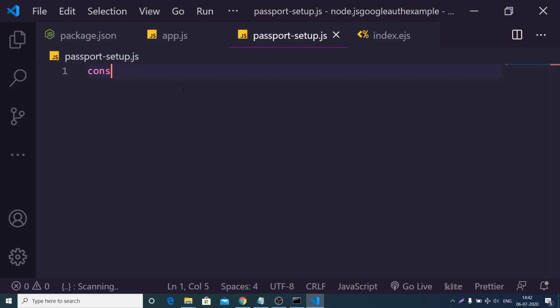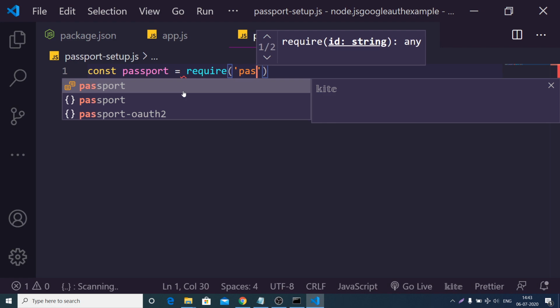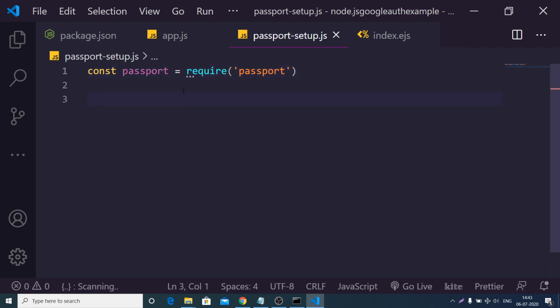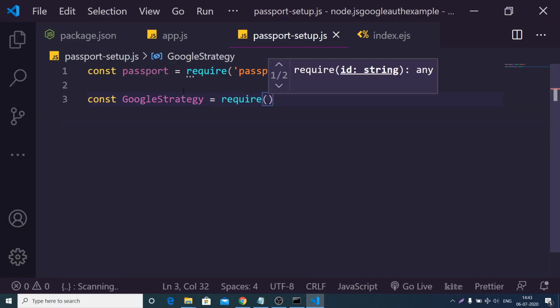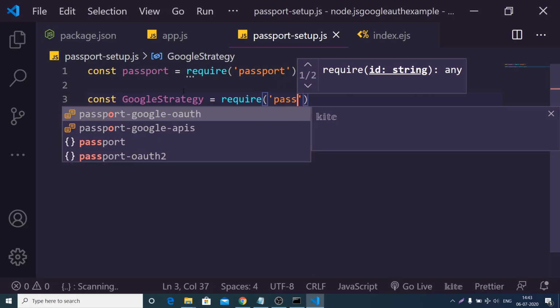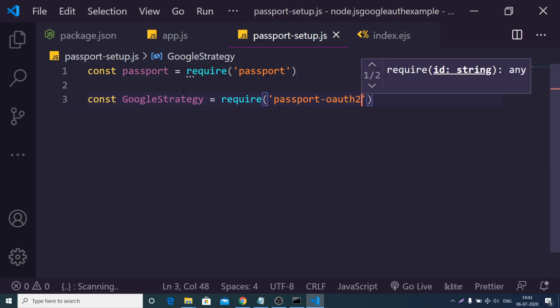Again, in this file we need passport, so require passport. There are various strategies in passport. A strategy is a kind of authentication system. In this case we are talking about Google authentication, so we will require the Google strategy. That's exactly what we are importing here, from passport-auth2. This is a library.